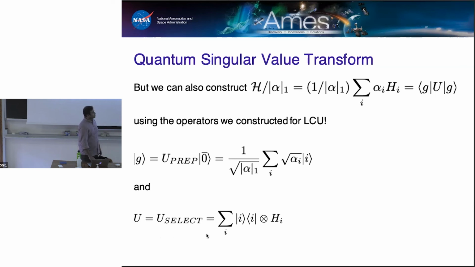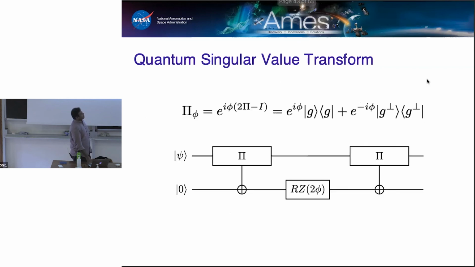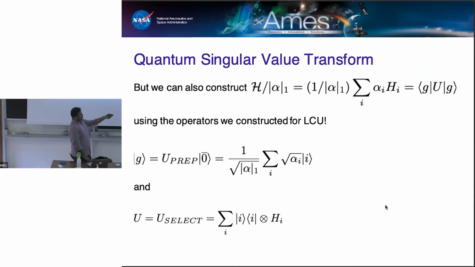And U is precisely the USelect circuit. So it's a nice exercise for you to carry out. If you just calculate what this expectation value is of the unitary U, then you'll basically get H. It's not really an expectation value, because that implies a number, but it's just bracketing out one part of the register to get an operator on the remaining part of the qubits. So that basically tells you what U has to be.